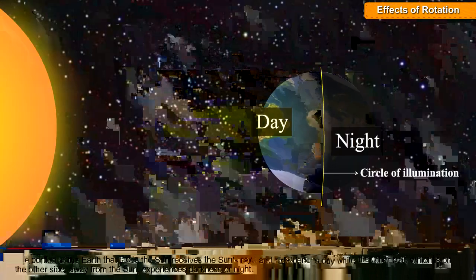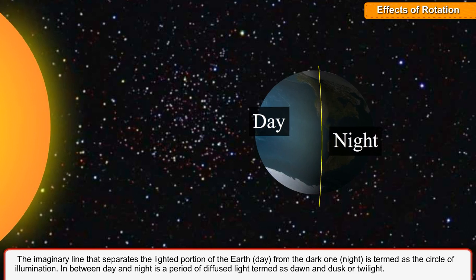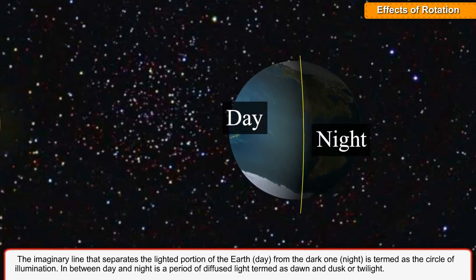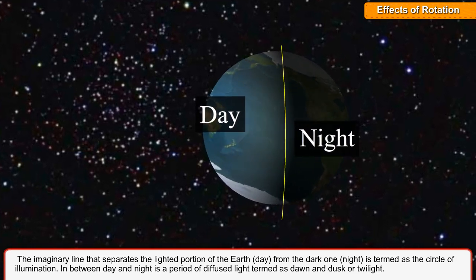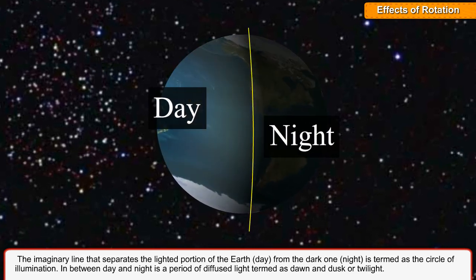The imaginary line that separates the lighted portion of the Earth, day, from the dark one, night, is termed as the circle of illumination. In between day and night is a period of diffused light termed as dawn and dusk